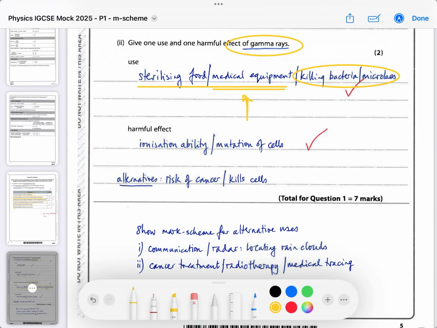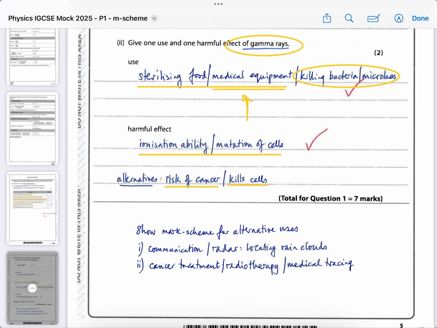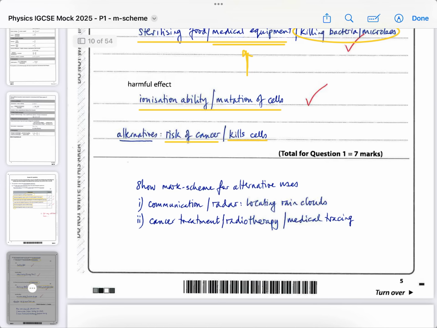And then a harmful effect is due to its ionization ability, it can lead to cell mutation, and of course the mutation of cells can also be a risk of cancer, I suppose, or birth defects in the next generation. So these are alternatives, and you have to look at the mark scheme. You can put that gamma rays can also kill healthy cells. And there are many alternatives to this one. So if you look at the mark scheme for alternatives,